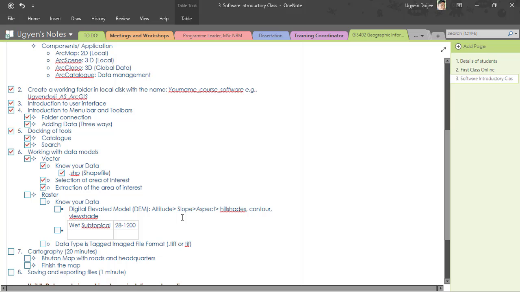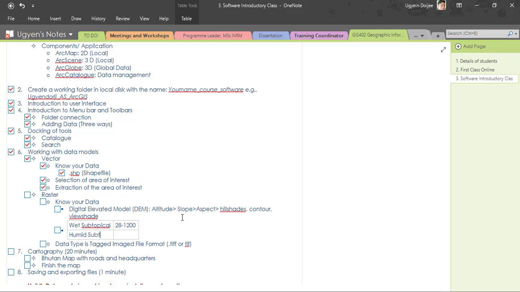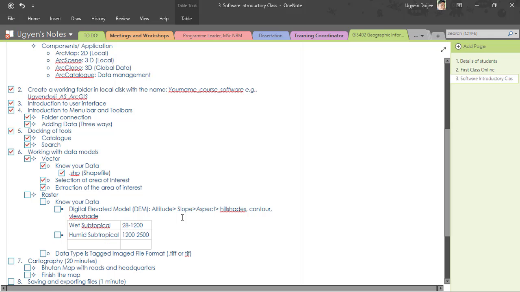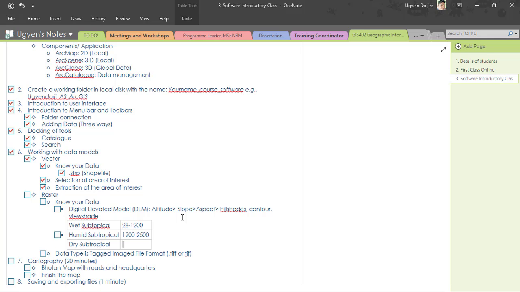Then we get humid subtropical. I'm basically looking at the agroecological zones of the country. Then up to 2500, let's say. Then we get the dry subtropical from 2500 to